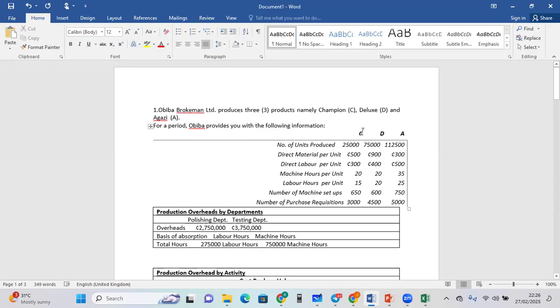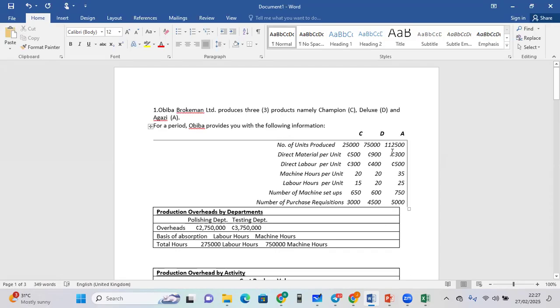So this is for the Champion, C. Deluxe is D, and then Agazi is A. So A's column is this, B's column is this, and then C's column is this. Right. So number of units produced, C is 25,000, B is 75,000, A is 100 and